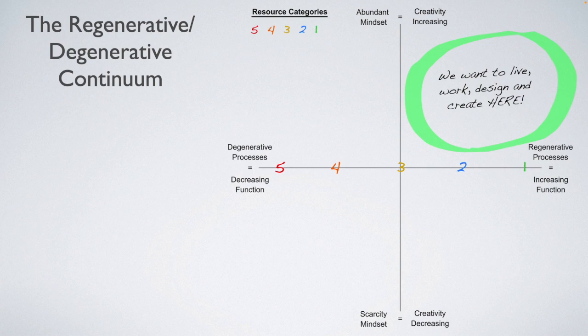The goal, very obviously, is to honestly assess where we're at and methodically move our choices into that upper right quadrant, regenerative use and abundant mindset. Orienting your resource selection and patterns of use towards this quadrant opens up the greatest opportunities for creating maximum freedom and resilience in your life, grounded by having a thriving ecology on your homestead.